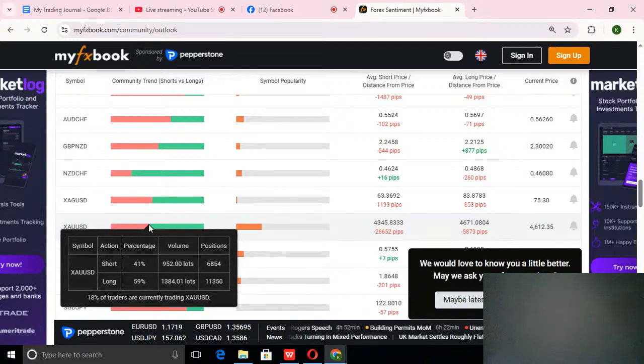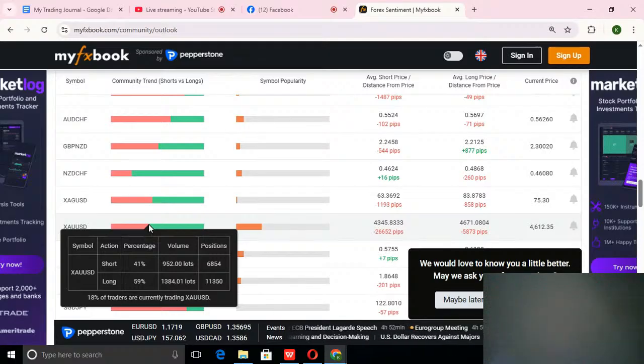Now, coming to gold, that is XAU USD, and this is our main focus. Looking at gold, you can see that 41% of traders are on sells, while 59% are on buys. So in this case, we will be looking for more selling opportunities on gold. If there's any other pair you'd like to check, just follow the procedure I've shown you, and everything is going to be okay. Now, since we are done with the sentimental analysis, looking at this data,